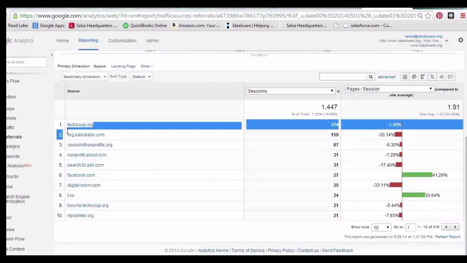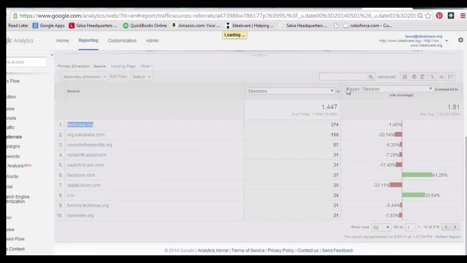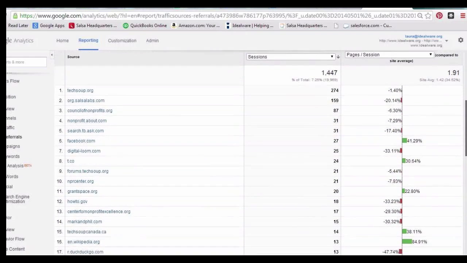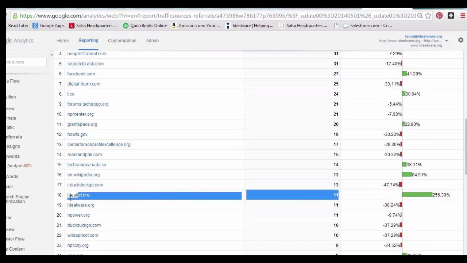Or, TechSoup is pretty good compared to a lot of our referrers. Maybe we should try to get TechSoup to mention us more often. And in fact, I bet if I show more rows here, so I've just clicked to go from 10 rows to 50 rows, I can find some other things that are particularly high quality. Here's an interesting one. People who have clicked through from idealist.org are way more likely than others to